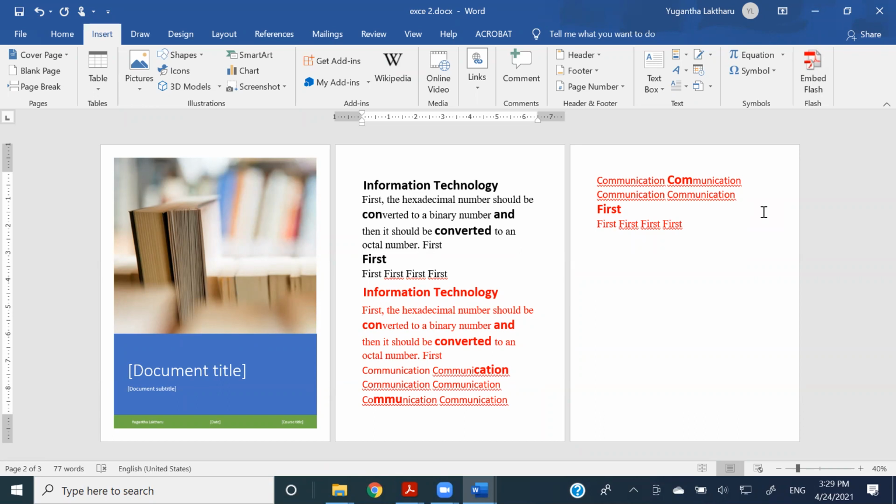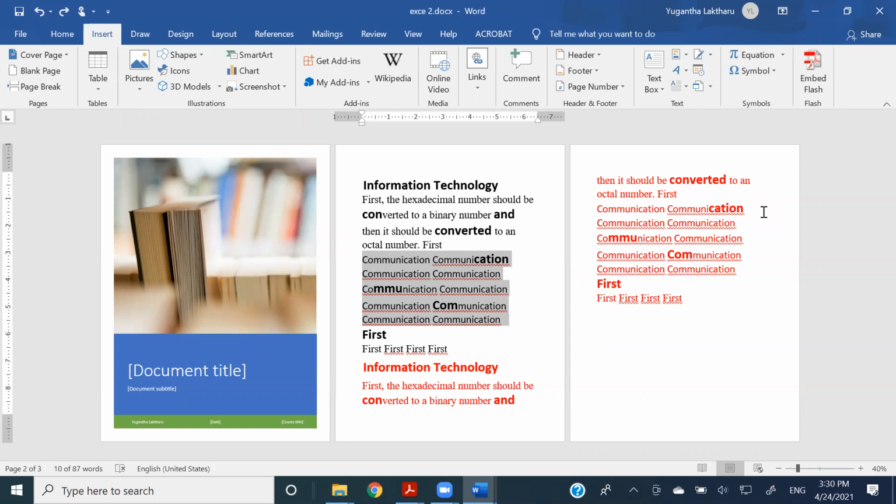Now sometimes you may want this feature, but sometimes you may not. In those cases, what we have to do is, when we are separating things, pages